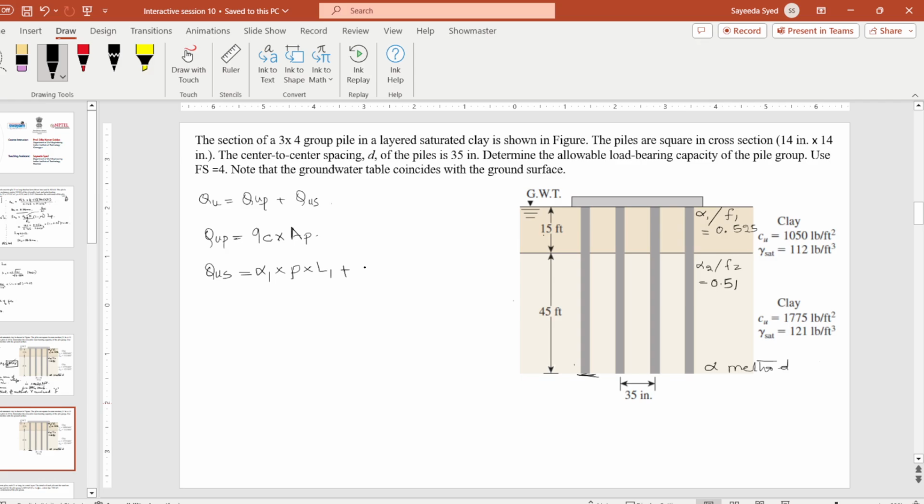So QUP will be equal to 9 into 1775 multiplied by 14 inch into 14 inch. So it will be 14 square,